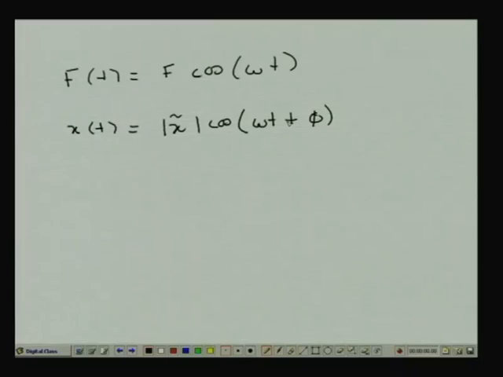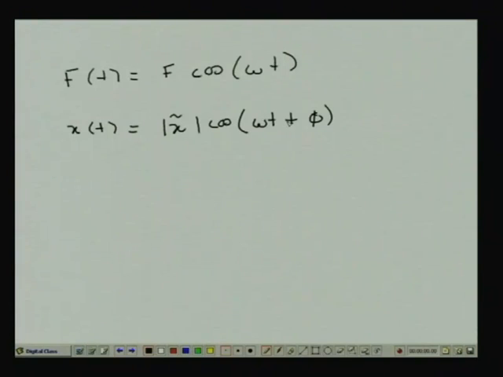So, the displacement and the force are not at exactly the same phase. We have a short while ago discussed this in some detail. There is a phase lag between the displacement and the force, and we saw that the phase phi is negative. It varies from 0 to minus pi depending on the frequency at which you are driving the oscillator. So, there is a phase difference between the oscillations and the force, and that phase difference is what is there in the phi.